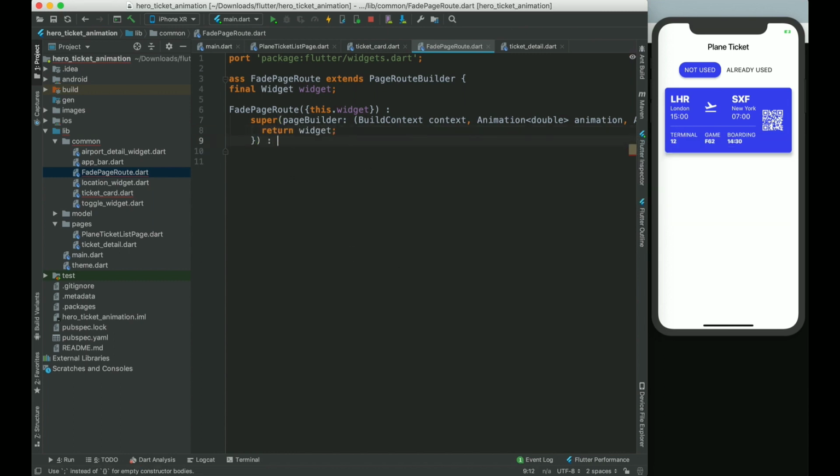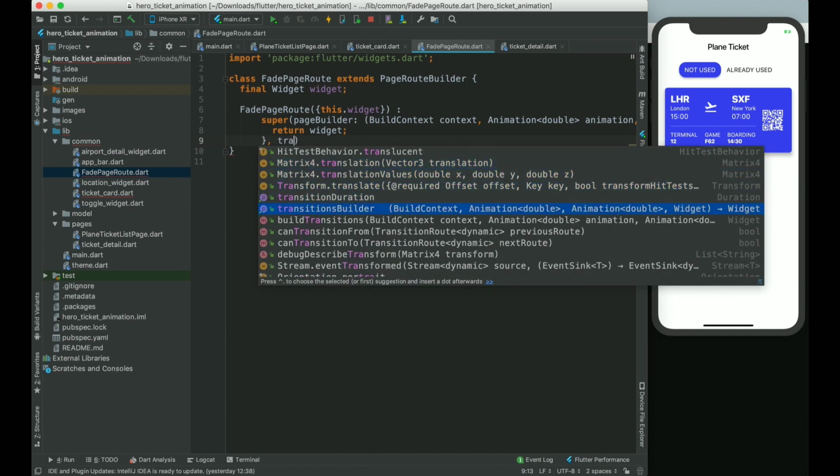So let's add a transition builder as well. There is a facility to add a transition builder here. Similar to page builder, it requires a transition builder as well, which has build context, two animations, and